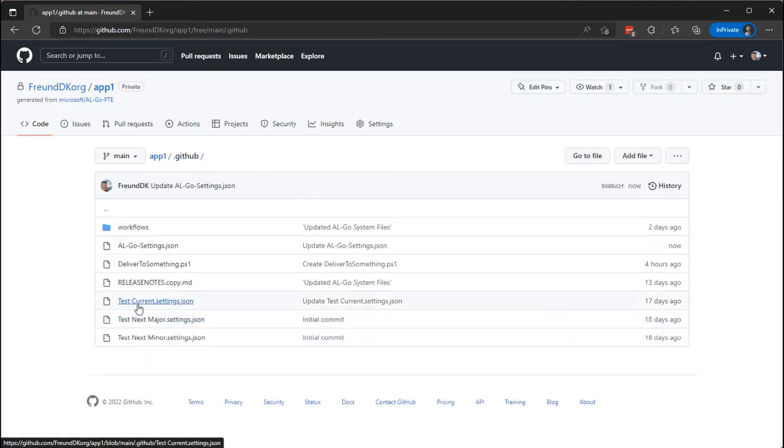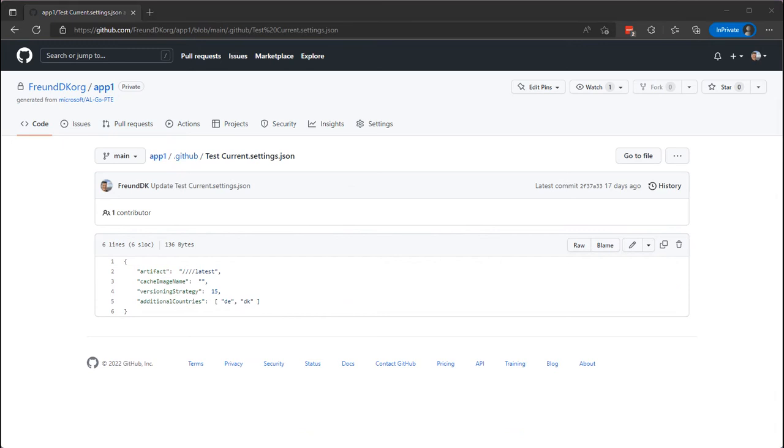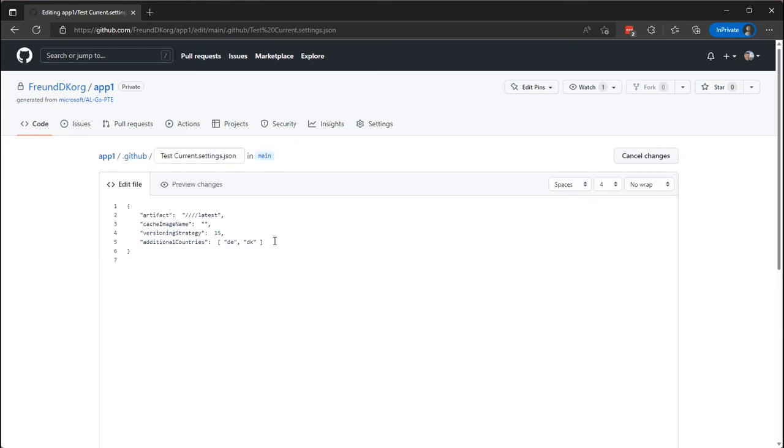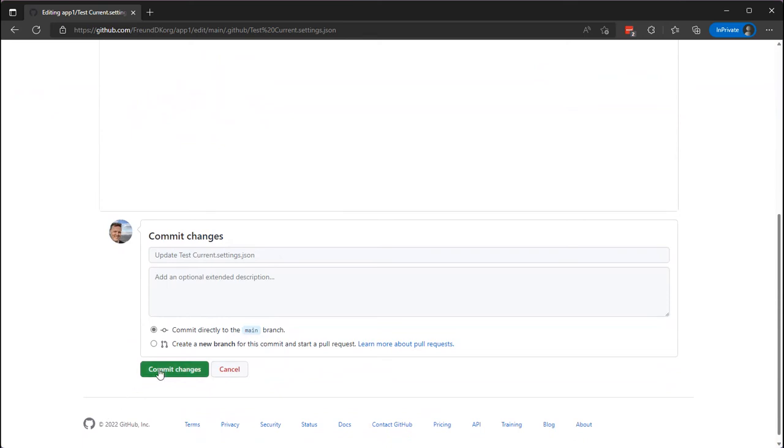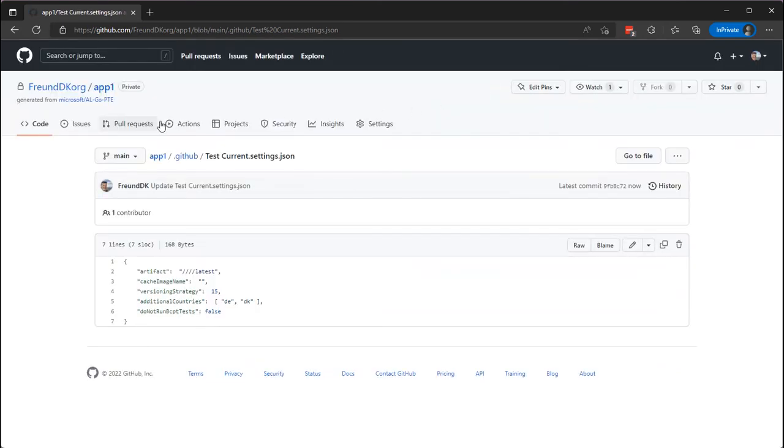Now going to test current, and there we'll specify do not run BCPT tests: false in this repository. Commit changes, go to actions,